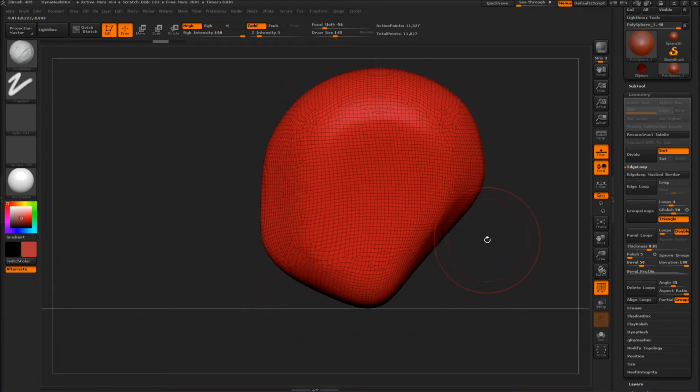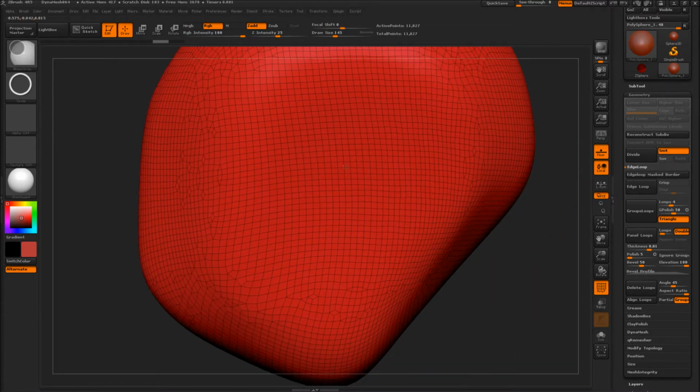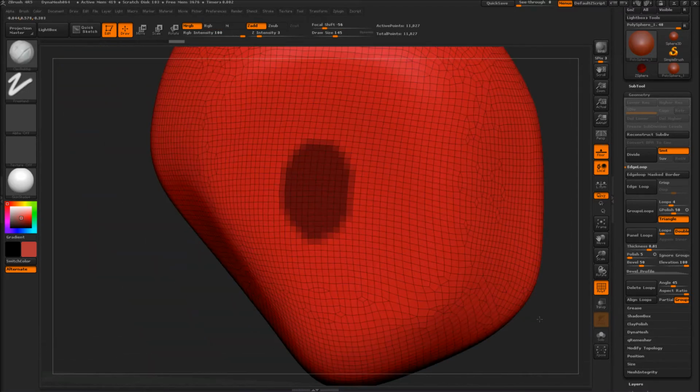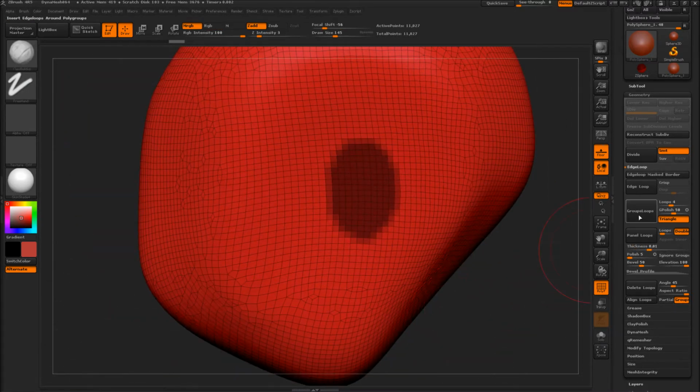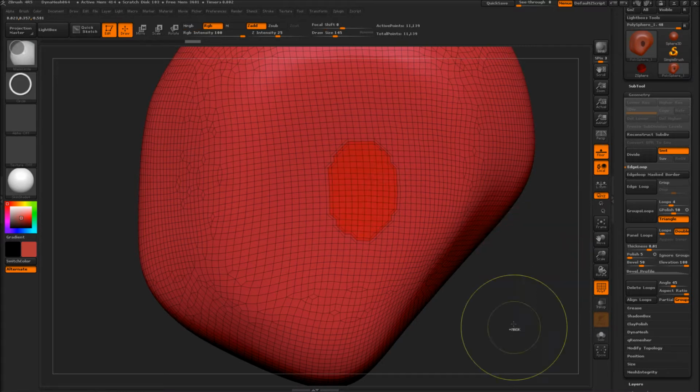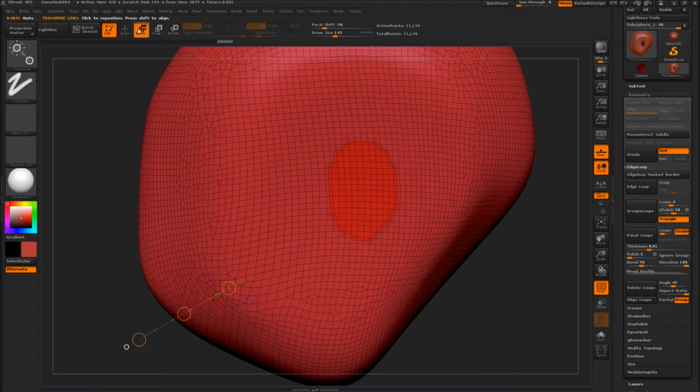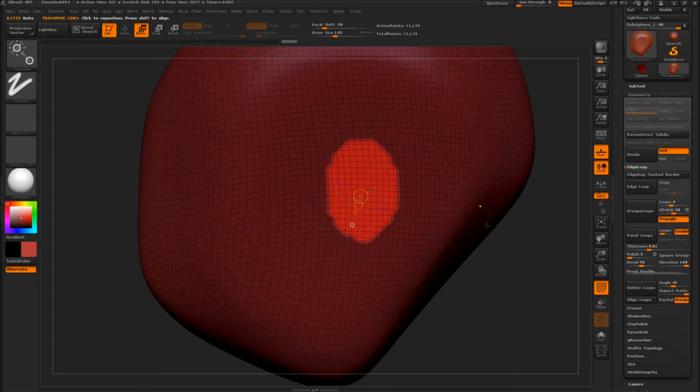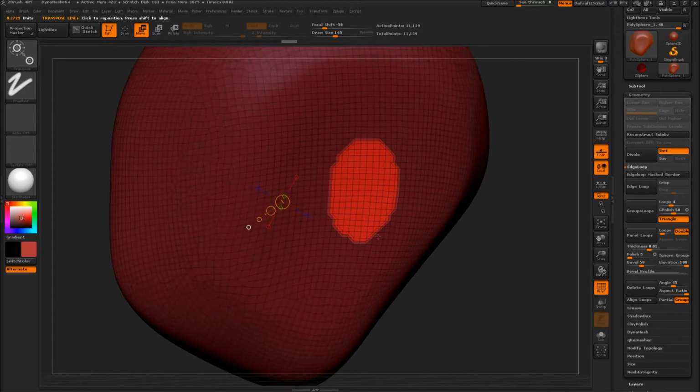I'm going to use panel loops to create his ears. So with holding down Control, I'm going to draw out a little circle, which will be on both sides, and then under edge loop, turn on edge loop masked border. That creates a different mask for the ears, which you can select by holding down Control, and it selects just that, and then BCB,